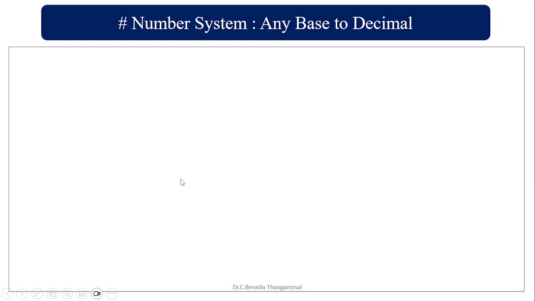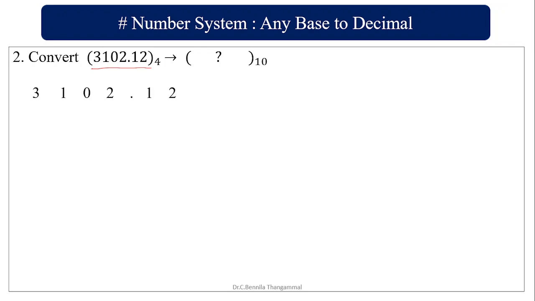We'll have some more examples here. Convert this one. Here this is going to have the base 4 and then convert it to a decimal. Whatever it may be, first you have to write it in terms of power series. So here the base is going to be 4. So positional weight is 4 power x positional weight. So I am writing this